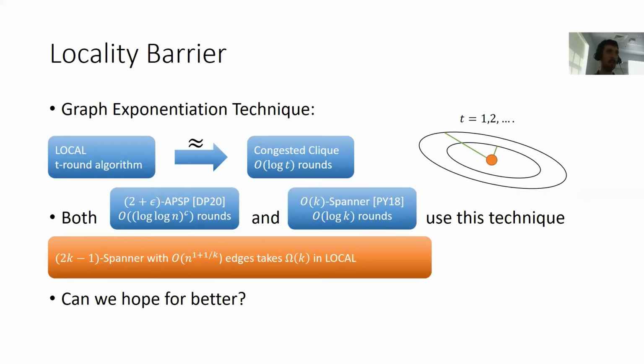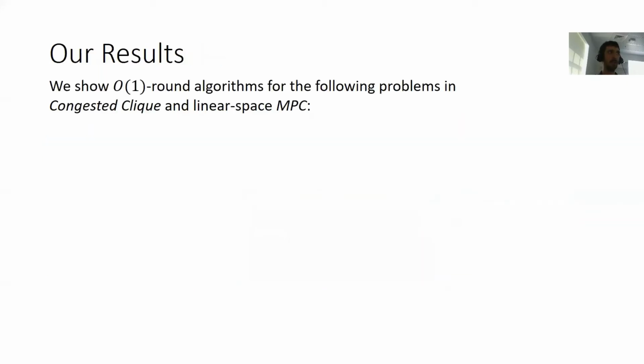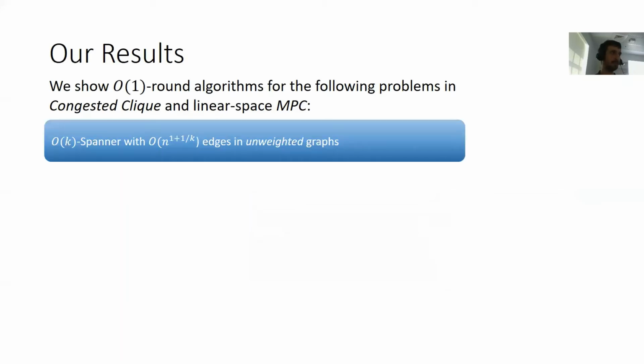And in this work, we answered that yes, for spanners in all pair shortest path, we can overcome the locality barrier and get order of 1 algorithms. So more formally, we show an order of 1 round algorithm for the following problems in congested clique and linear space MPC. We show an order of k spanner with order of n to the 1 plus 1 over k